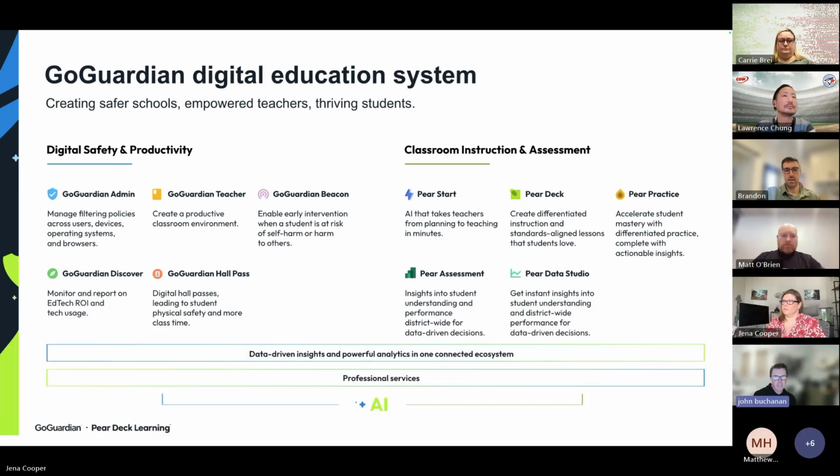These insights are driven by integrations across our product portfolio, enabling data to be shared across our products to allow them to work better together. For example, GoGuardian Admin, a product we'll go deeper into today, has unique integrations across Beacon and Teacher, enabling our customers to get more value out of our products than any individual point solutions you would have in the industry. Next slide.